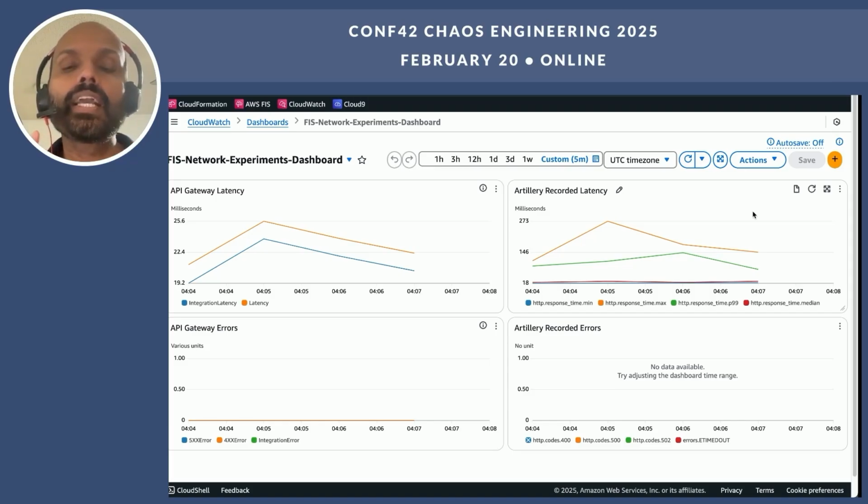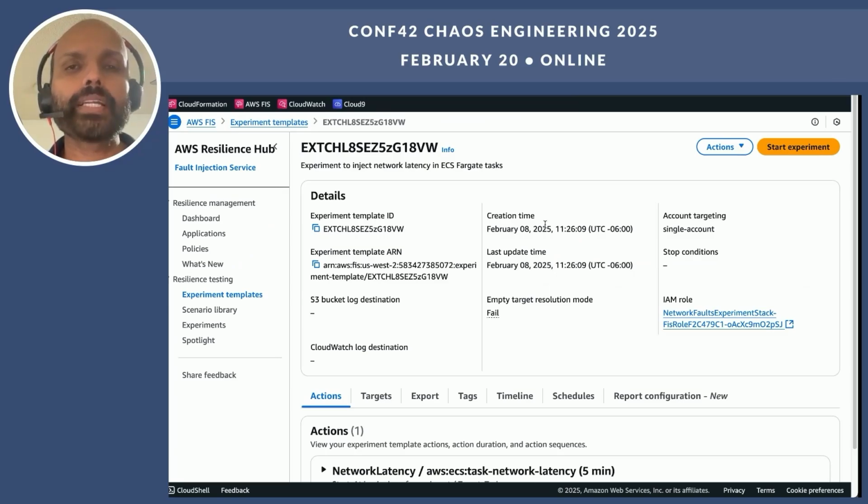And hopefully these metrics are well within the threshold that we have agreed upon with our end user, with our application owners, saying that this is the latency metric that our application will be running with. We now have the prerequisites. We have a steady state understanding.